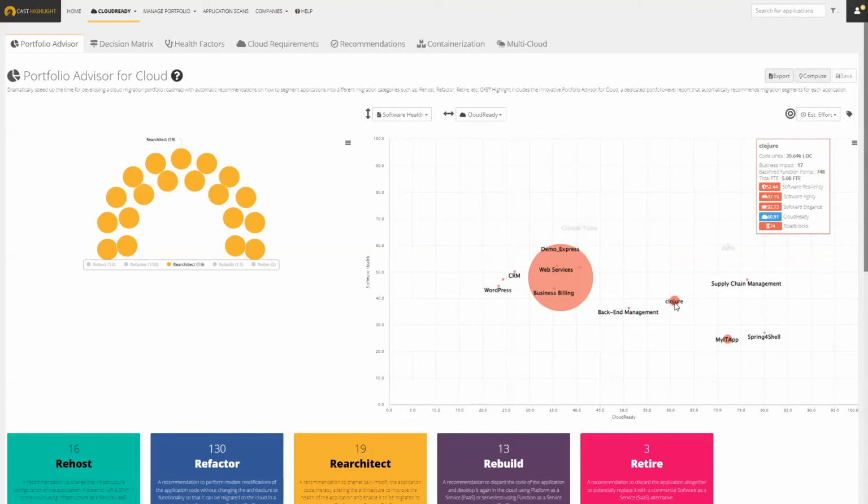But then if we continue going up, you see some of these other scores that are more in the software health area, things like elegance, agility, resiliency. These are all measurements of